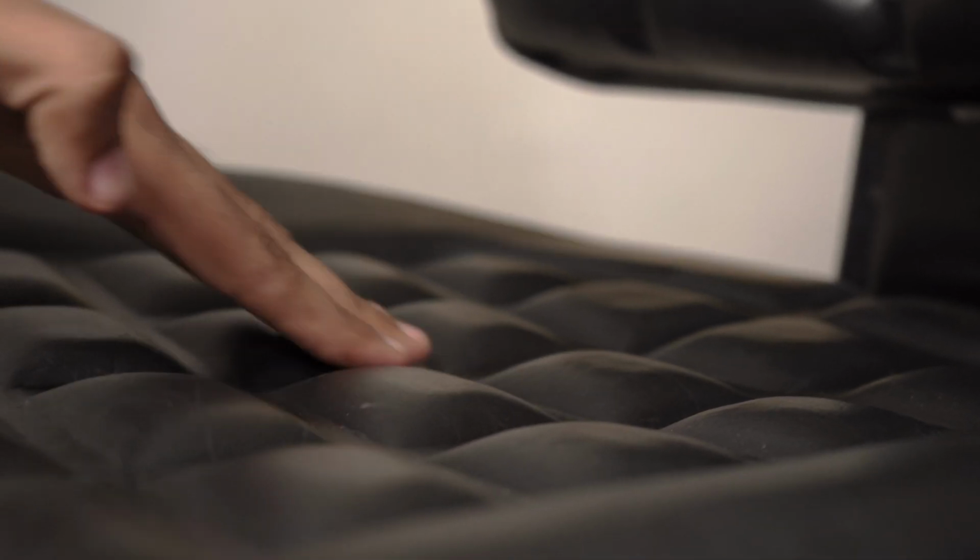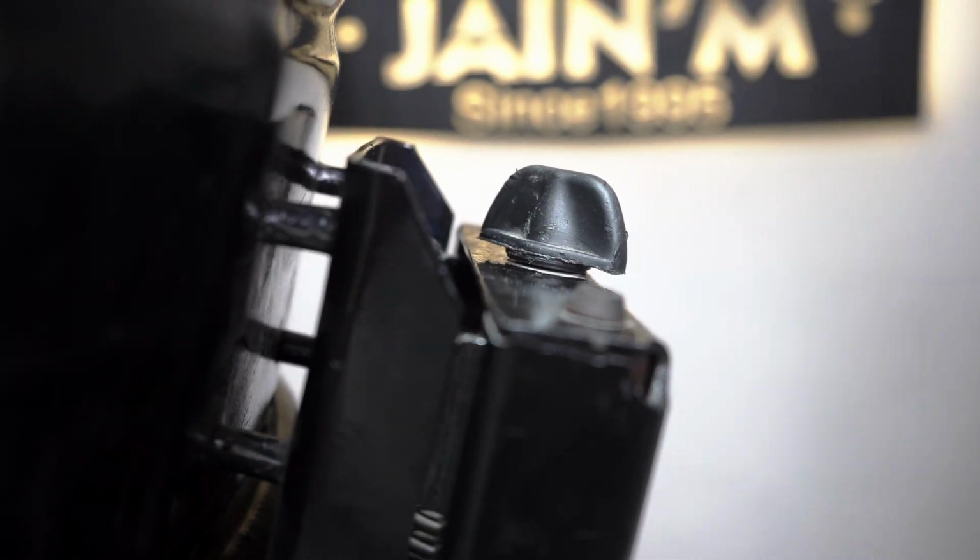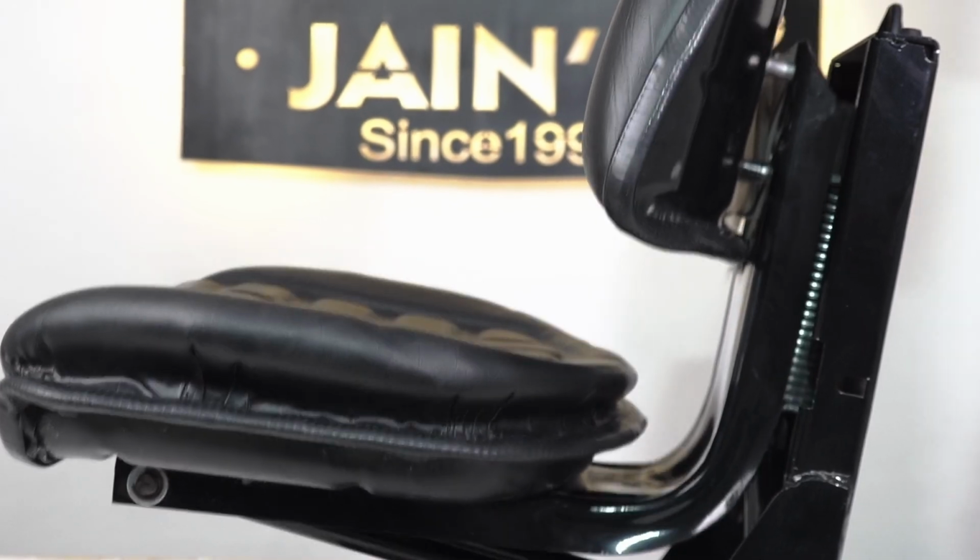Its core is made of premium cushioning that minimizes fatigue and provides ergonomic support during long shifts. The Rexine upholstery is tough, easy to maintain, and built to withstand exposure to dust, grease, and daily wear in warehouse and industrial settings. With a manual weight adjustment knob, operators can fine-tune the support to suit their body weight,